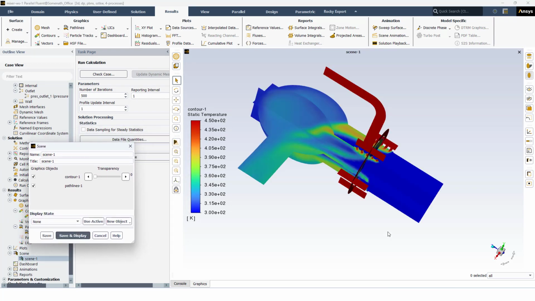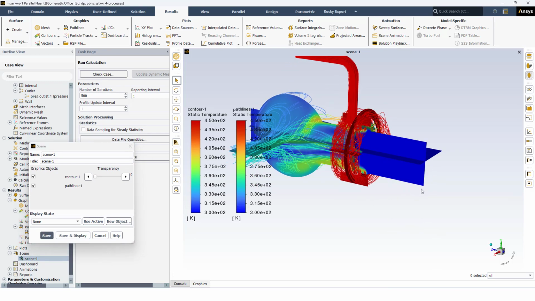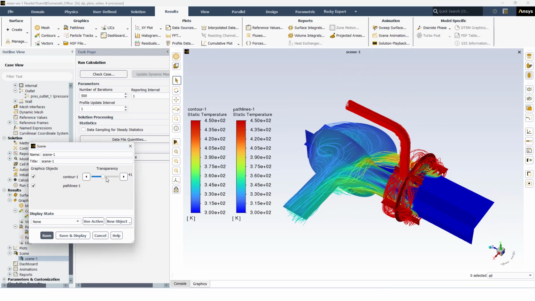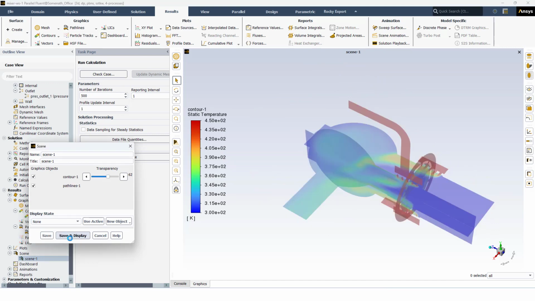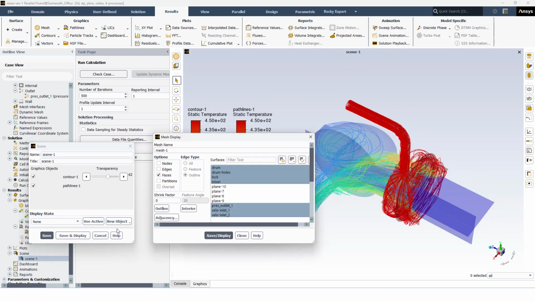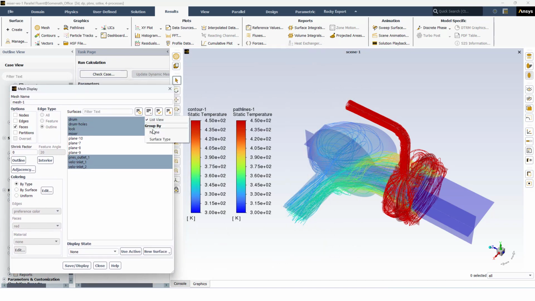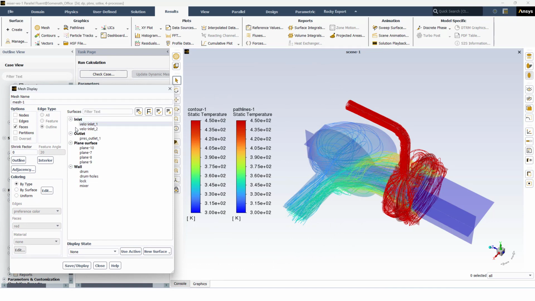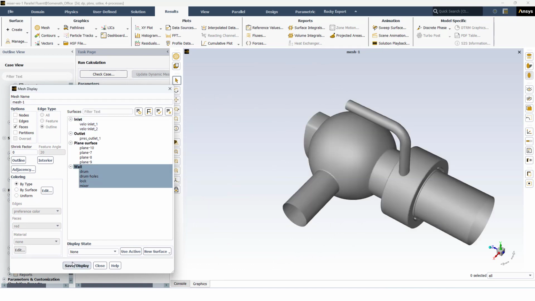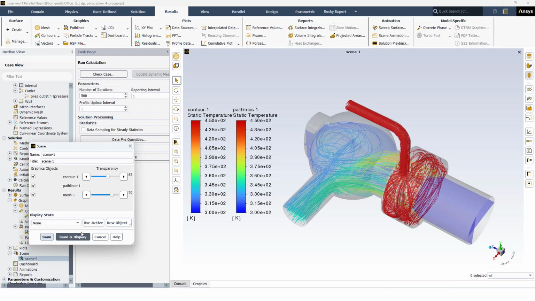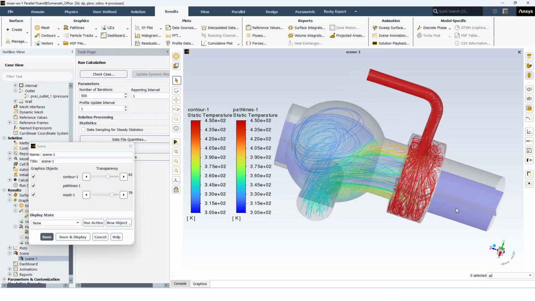We can also create scenes to post-process multiple surfaces together. Like in this case, we are post-processing the velocity contours and the path lines together. We can change the transparency of different sections, and we can also add this body surfaces. In this case, I'm going to use the walls. So these are the inner walls. Change their transparency, and now we can post-process 3 surfaces together,